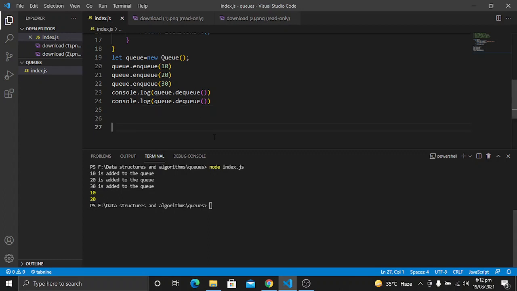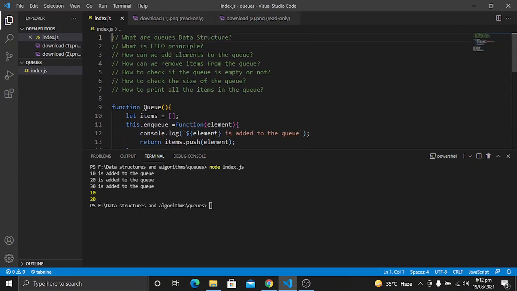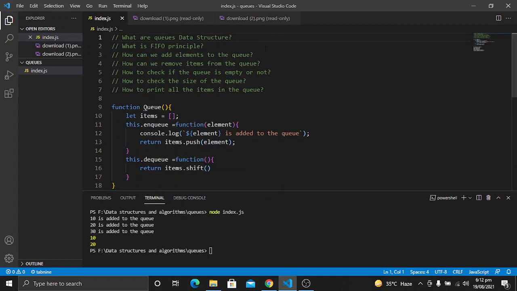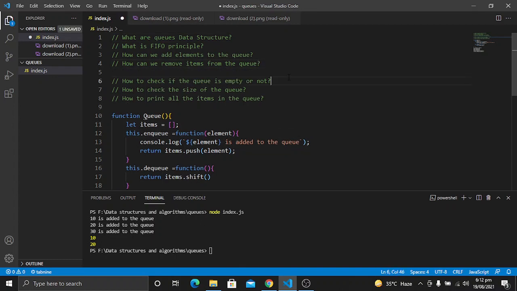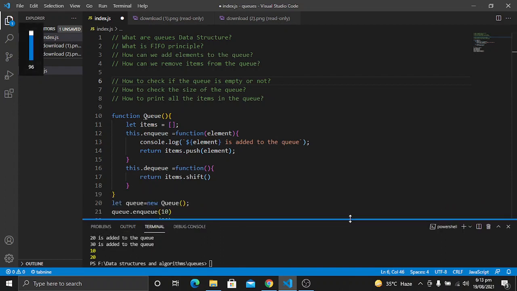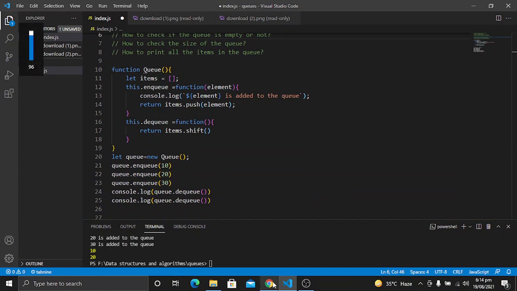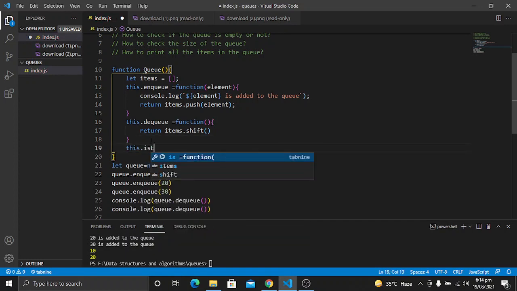So the next agenda is what we want to do here. We are completed with the first four steps, and now the next thing is we want to check if the queue is empty or not. So for this, let's create a new function under the dequeue. The name of this function will be isEmpty, because we want to check if the queue is empty or not. So let's write a function,